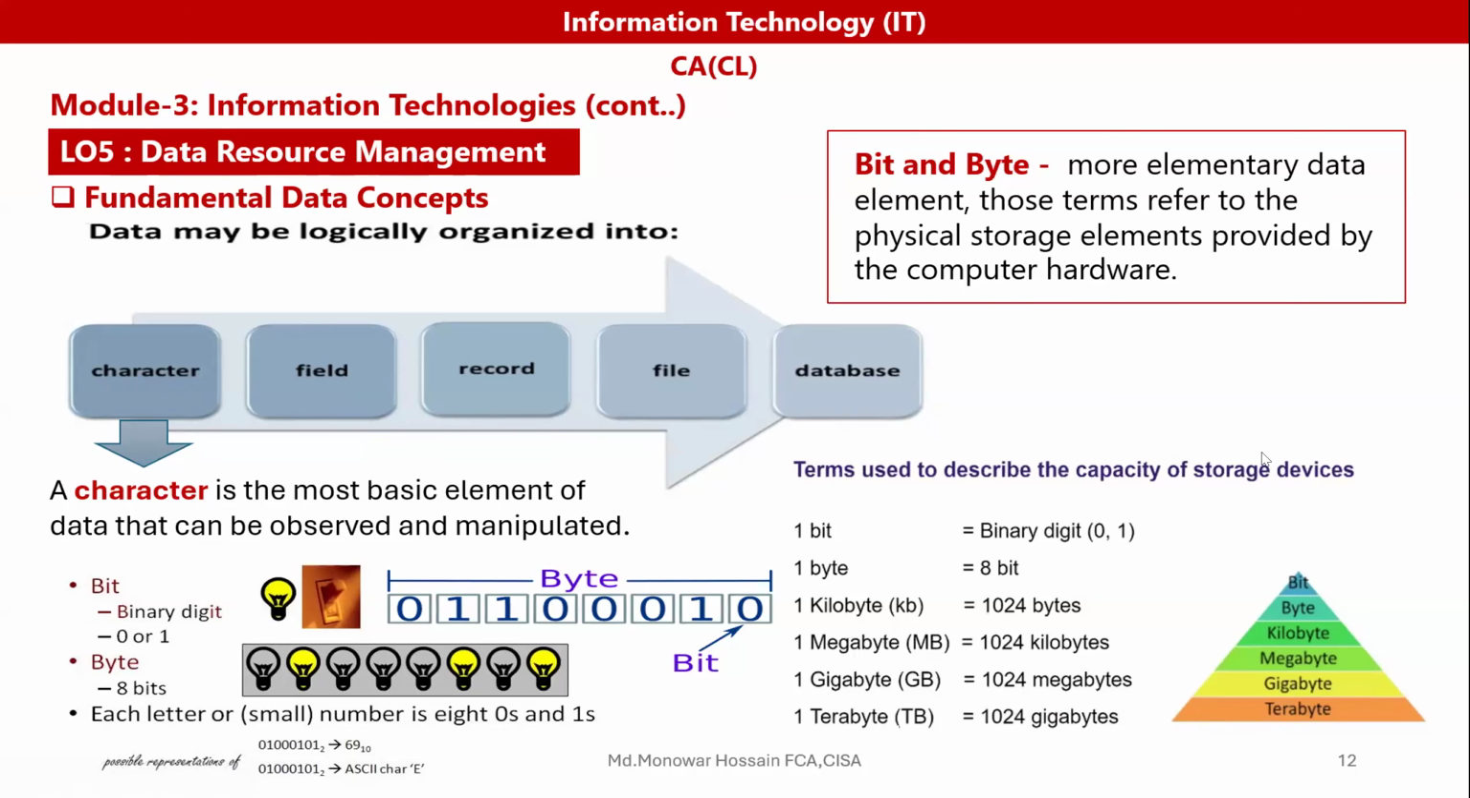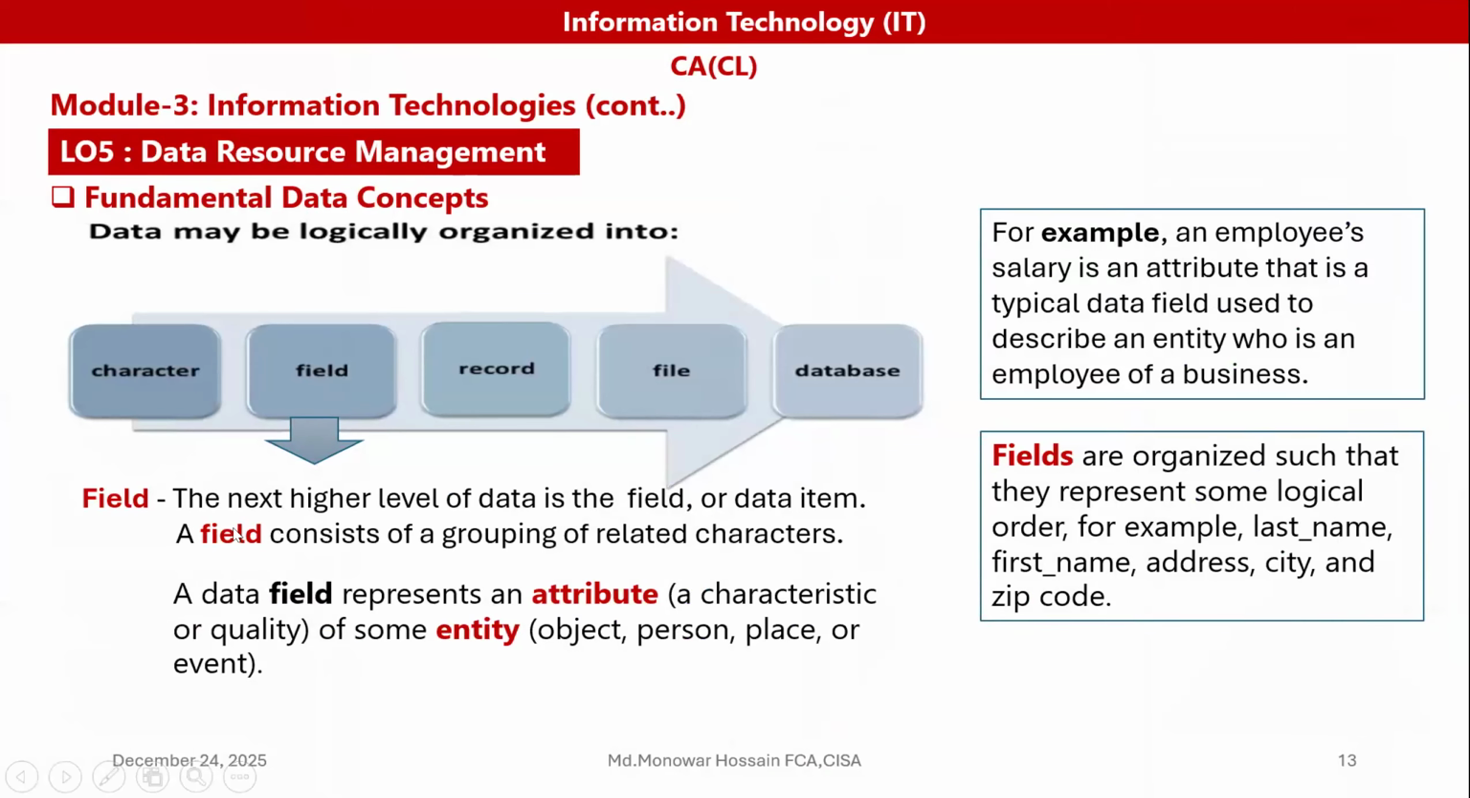Now the field, the next higher level of data is the field or data item. We know that a field consists of a grouping of related characters. A data field represents the attribute, a characteristic or quality of some entity, for example, object, person, place, or event, etc. If we see the example,